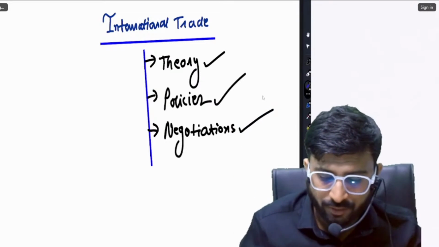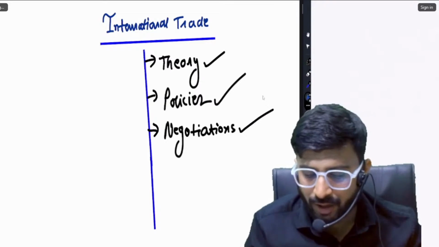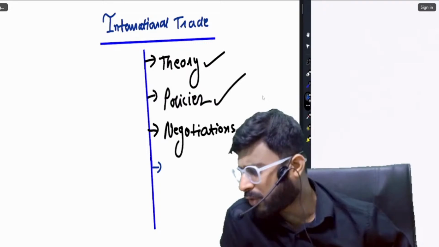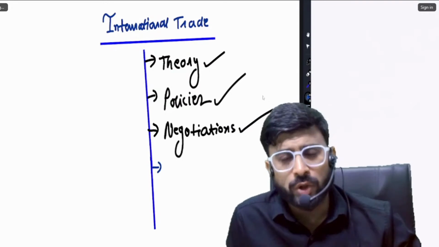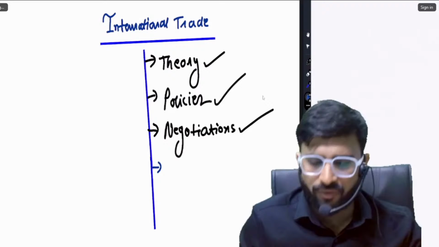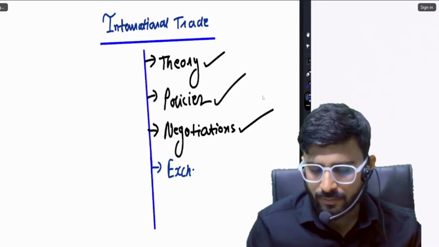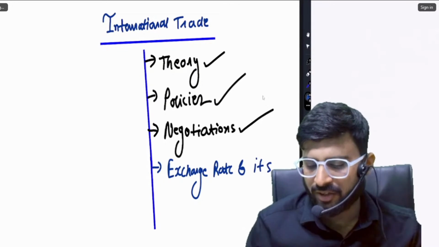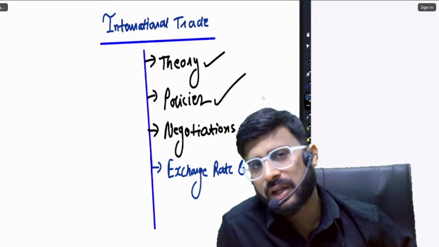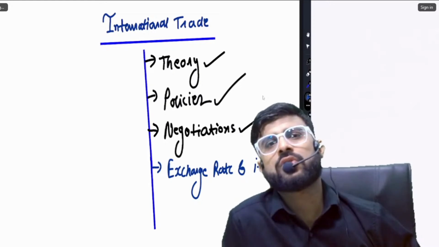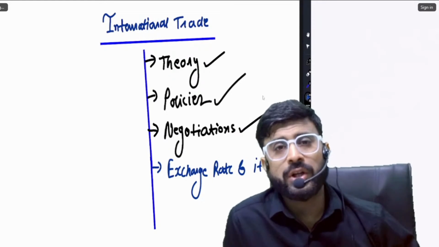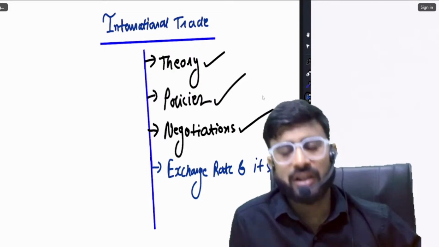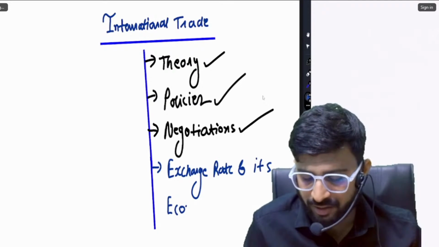And now, eventually, we are moving on to the fourth, and then we would move to the fifth point. Fifth is not today's agenda, so I wouldn't write it. Today's agenda would be exchange rate and its economic effect. Friends, some classes back I had discussed exchange rate, but it was only a 2 to 5 minute discussion. Today, we have the entire class to talk about this.